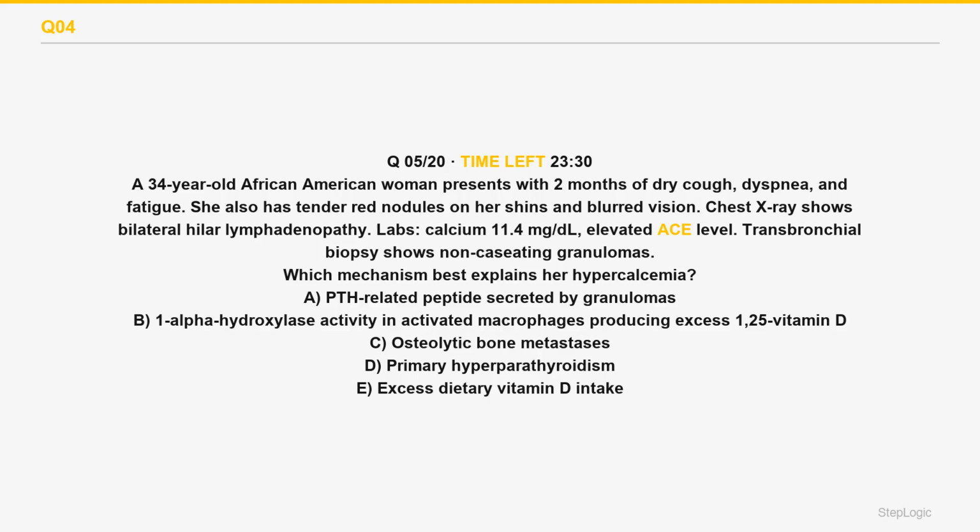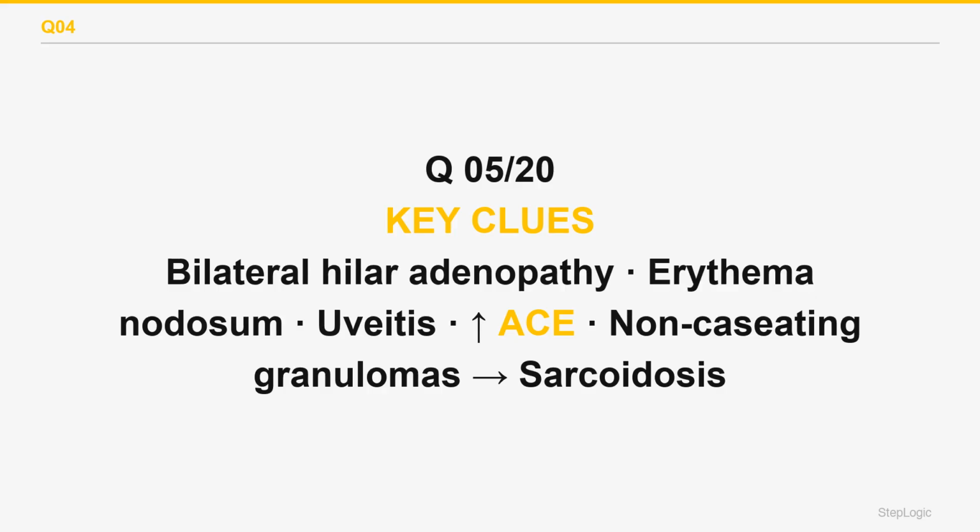Read the command: mechanism of hypercalcemia. Young woman, bilateral hilar adenopathy, erythema nodosum, uveitis, elevated ACE, non-caseating granulomas: sarcoidosis. In sarcoidosis, the granulomas are made of activated macrophages and epithelioid cells. These activated macrophages express 1-alpha hydroxylase, the same enzyme normally found in the kidney that converts 25-hydroxyvitamin D to the active